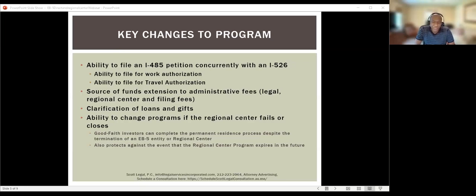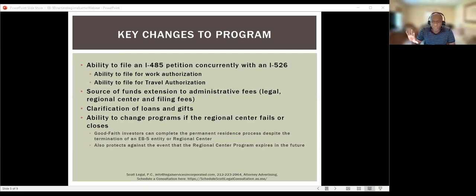Another big change that occurred was, and again, this was not something that we used very often at all, but if you didn't have the full investment amount, there was an ability to get a promissory note secured against your personal assets and utilize that promissory note as part of the investment. There were some other procedural requirements that had to be met for that to work. You had to perfect the security and do other things like that, but it was available, right? So in those instances, the person didn't necessarily have to come up with the full amount of the cash. However, that was eliminated as well in the March rule.